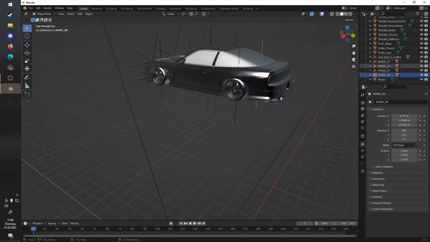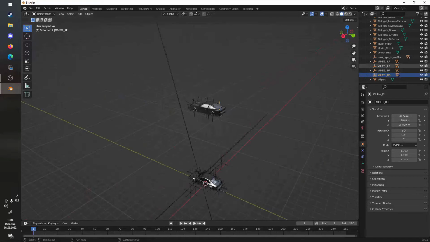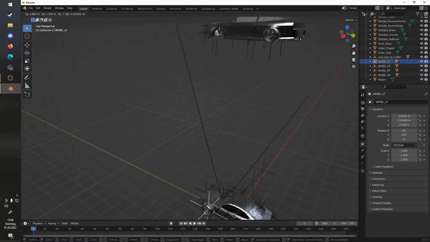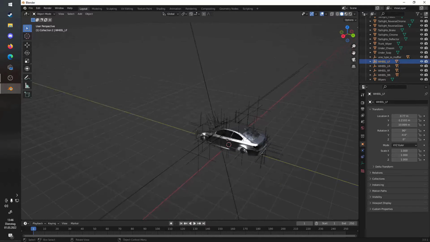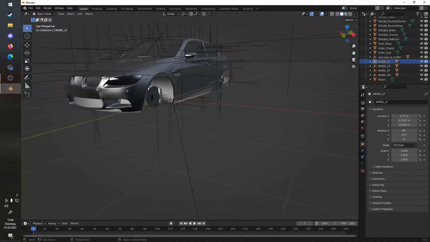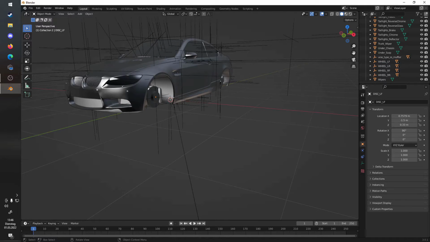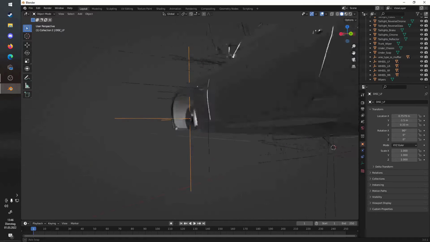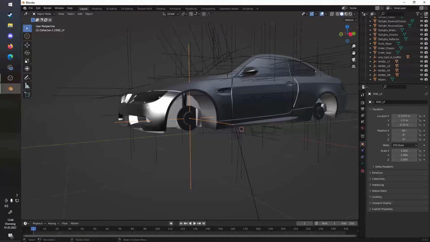Now that we have renamed all of those, it is time to move them to where they are supposed to be. And of course, you could just select this and try to move it down here, but that won't really work as good as it could. Now what we are going to do is, as you can see, there are still objects here that are basically the same as the wheel left front object. Just select one of these and hit period on the number pad to center on that, so we have our view centered on this. I don't know how to do it if you do not have a numpad, I'm sorry,